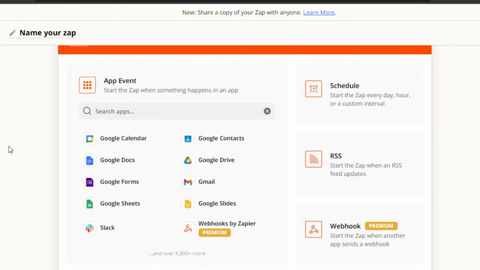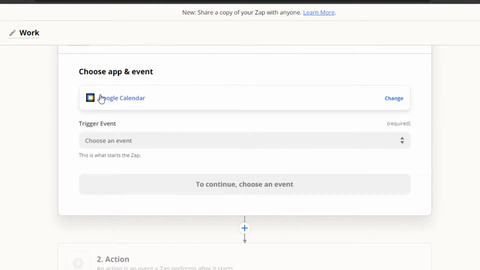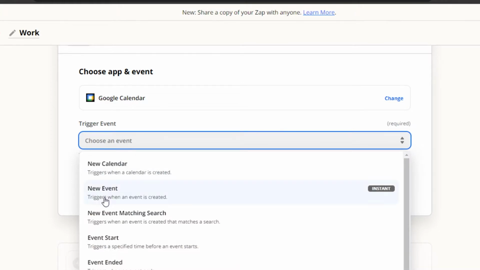First of all, we have to give our Zap a name. So I'm going to call it Work. Now I'm going to go ahead and select any of the apps. Let's go with Google Calendar. Now this is the app that I am choosing. This is going to be my app, Google Calendar, and this is going to be an event that will be